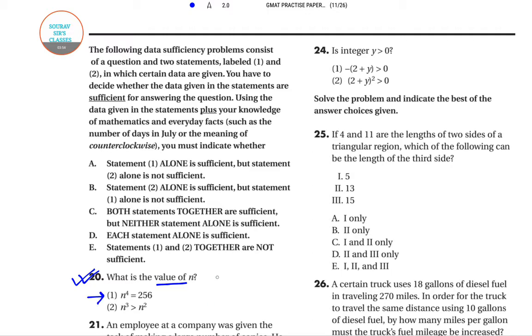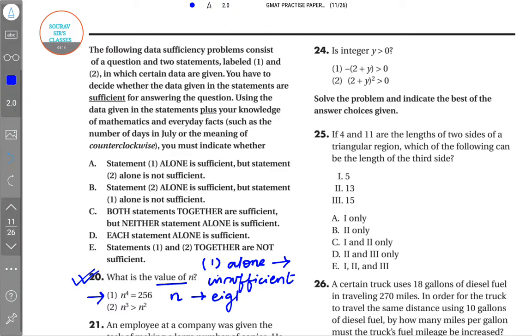Now statement 1 alone is insufficient. You must be wondering why it is so. It is because n could be either